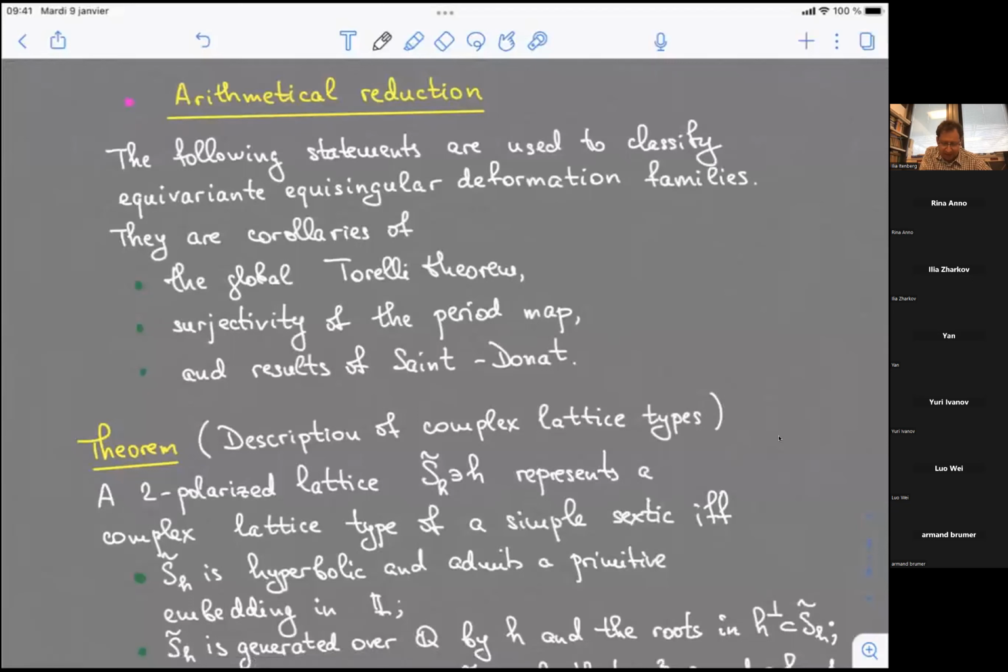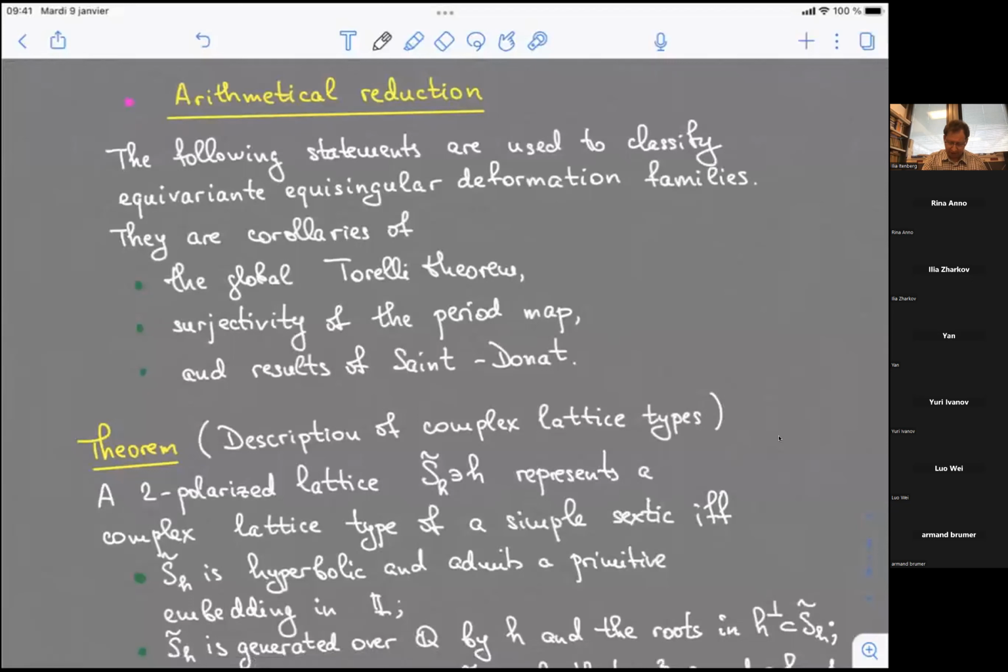So theorem by Viktor Kulikov. And I also need some results of Nikulin concerning projective models of K3 surfaces. So it really is some standard package used in this type of questions. And then